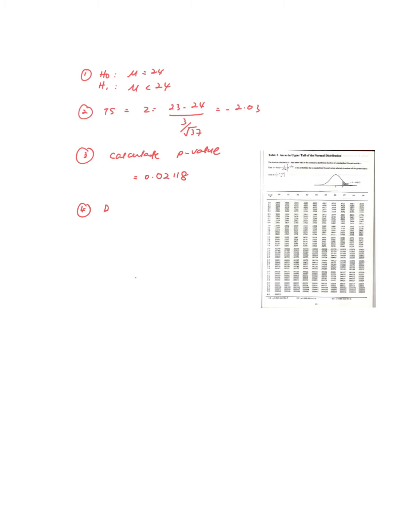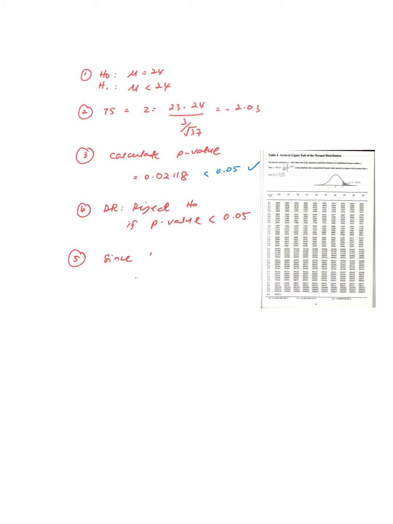The decision rule is reject H0 if p-value less than alpha. So the alpha we decided earlier is 0.05. Now you compare. Our p-value is 0.02118. Yes, 0.02118 is less than 0.05. Okay, correct. So meaning that our conclusion is,